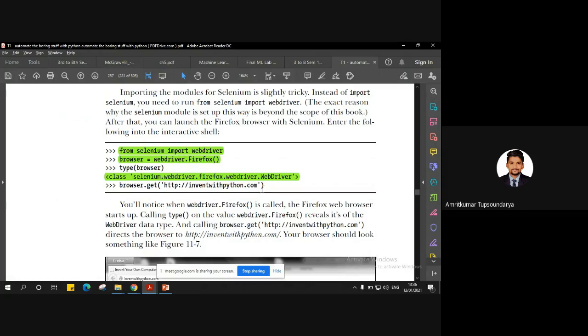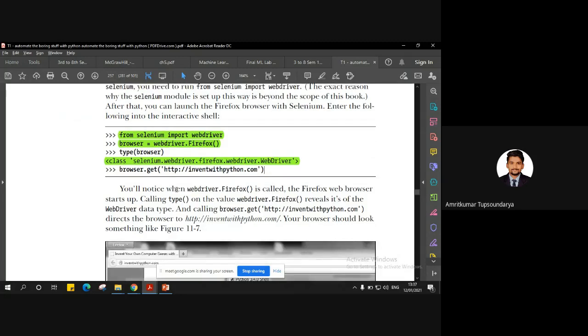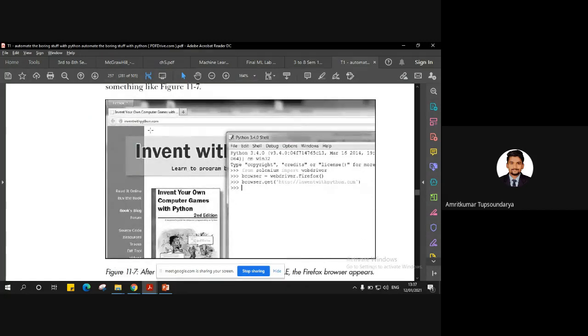When we open that browser, we need to have a particular website to be opened. When we open a browser, we have to open some link or any particular file. So let's give that instruction: let's open inventwithpython.com. You can give any particular website. There is no specific rule as such, but you can give any link here which will be opened when you first execute this set of code. Let me show you how it looks in the browser. Let's say this is the Python shell here, and when you write this code, this is the output that you get.